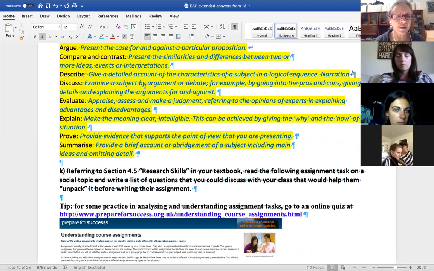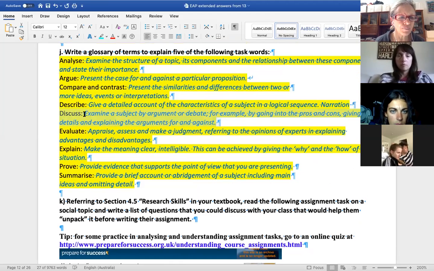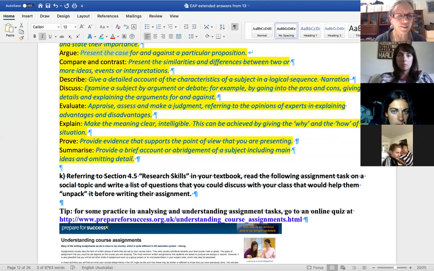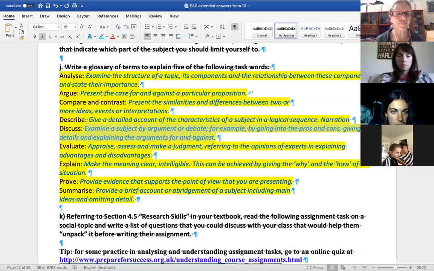That's a story in the past, but saying what happened. And discuss: examine a subject by argument or debate, for example, by going into the pros and cons, giving the details and explaining the argument for and against. So discuss is in more detail, if you ask me, compared to argue. Looking at both sides again. But argue a point could be the same as just a persuasive essay then. So I think maybe